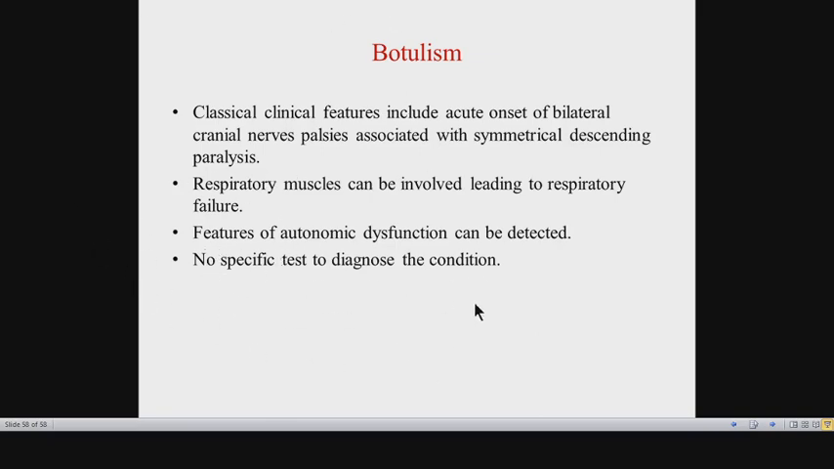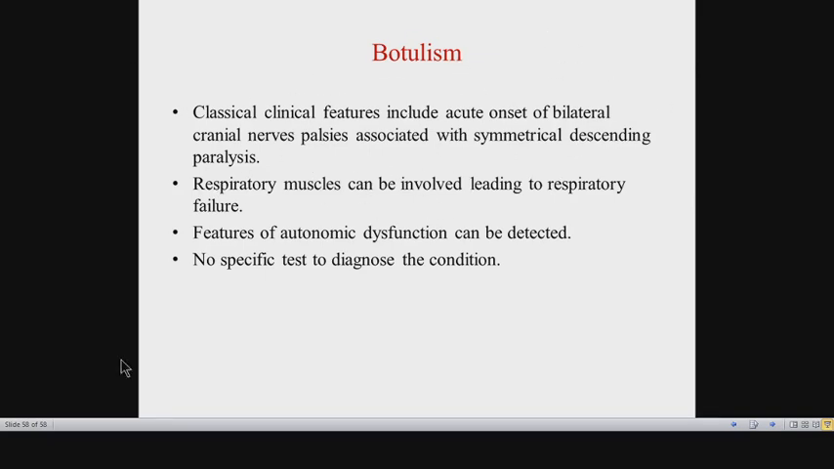طبعا no specific test to diagnose the condition. والtreatment usually no specific treatment as well. يعني دائما supportive treatment. The patient should be monitored. The FVC should be monitored to detect any respiratory muscle weakness. The patient might require ICU management at any point if there is a big respiratory muscle weakness, and the patient might need